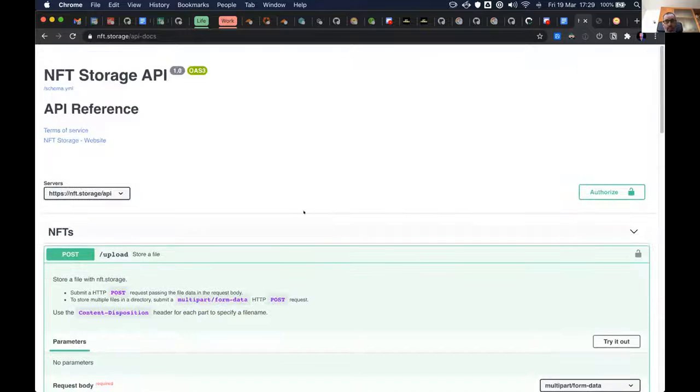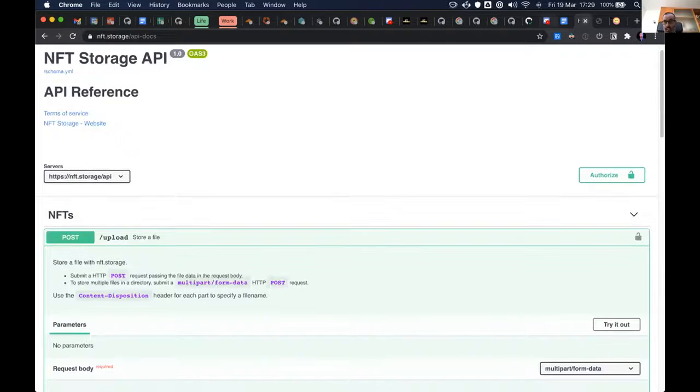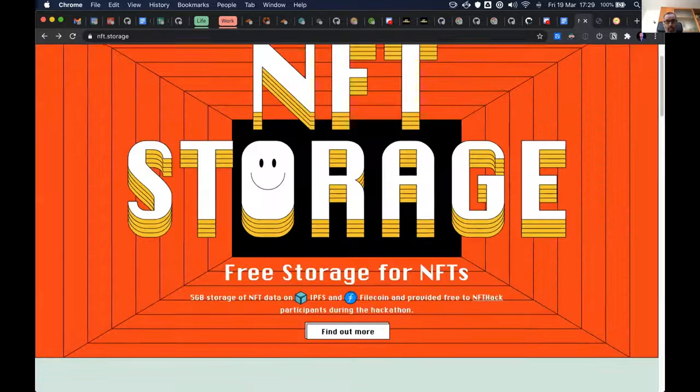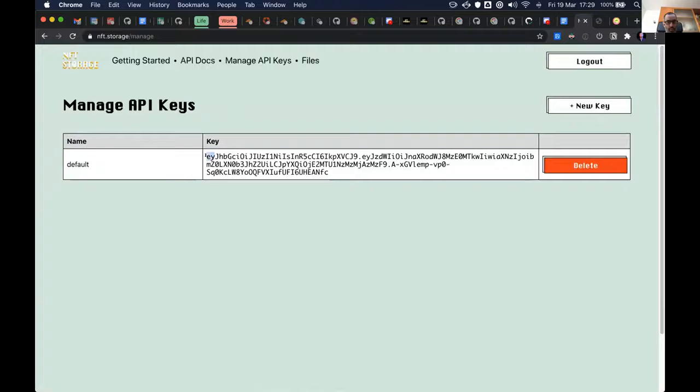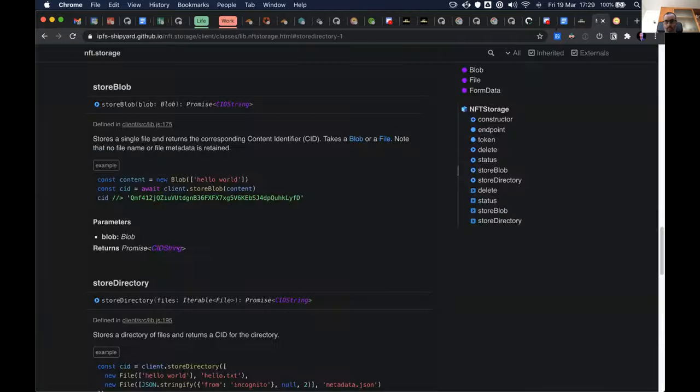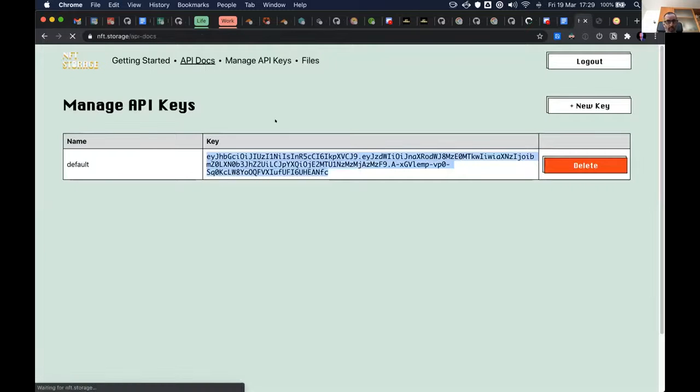They can even try it out. You can go inside your account, get one of the keys that you have, go to the API docs,